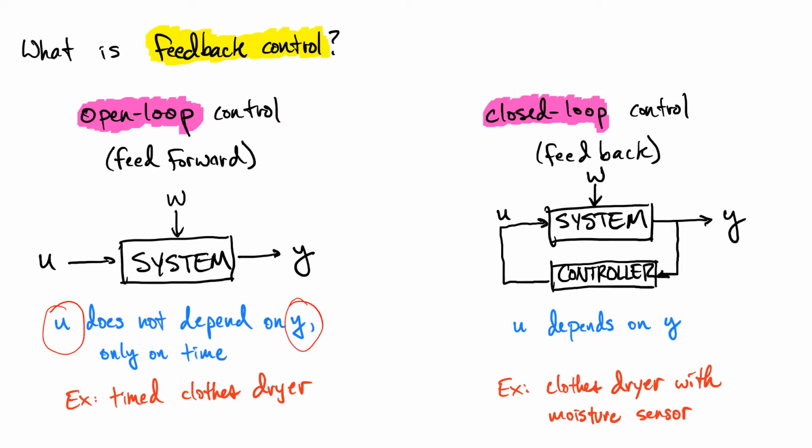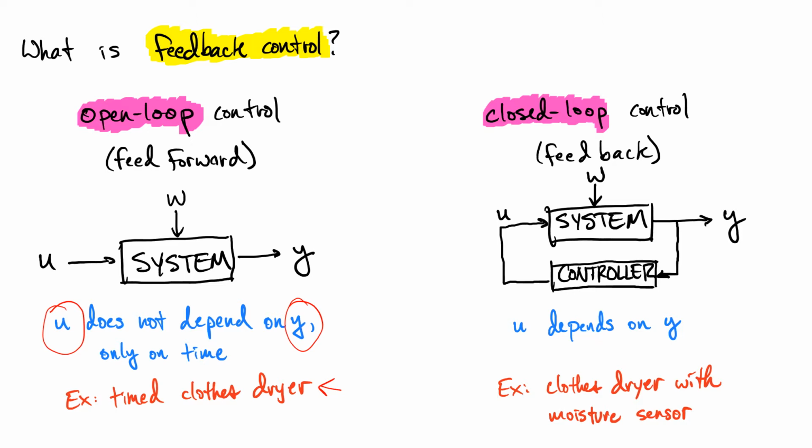An easy example of this, which is not exactly much of a dynamical system but is something that we've all interacted with, is simply a clothes dryer that is on a timer. Here you set it to medium heat and you let it run for 20 minutes. It doesn't matter if the clothes are really wet or really dry. At the end of the 20 minutes, it's going to stop. And so there's nothing about the sensor. In that case, there's not even a moisture sensor,